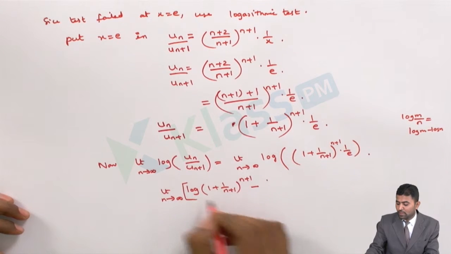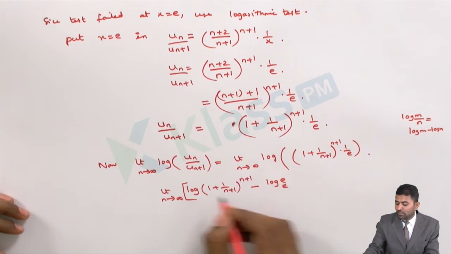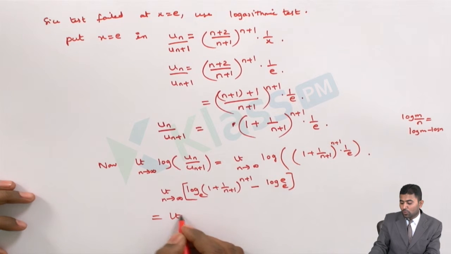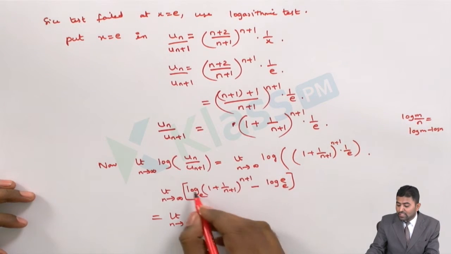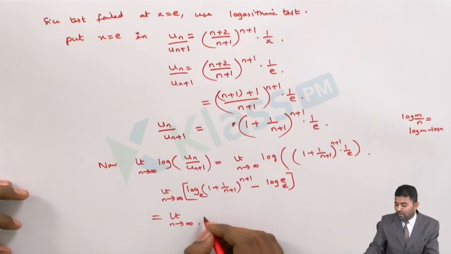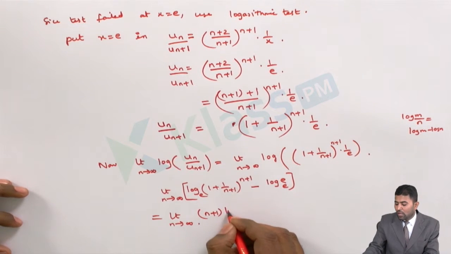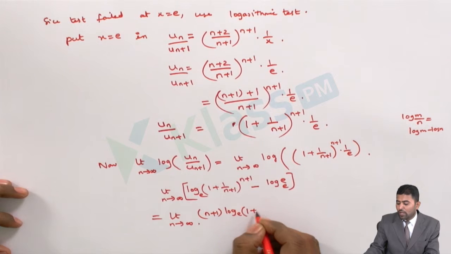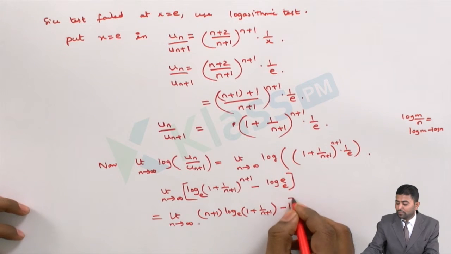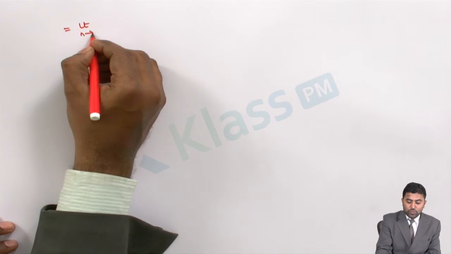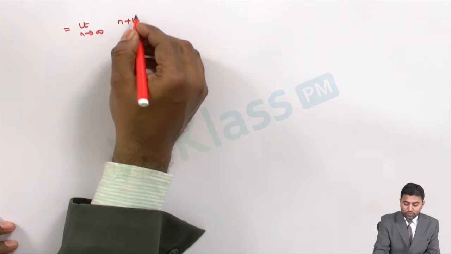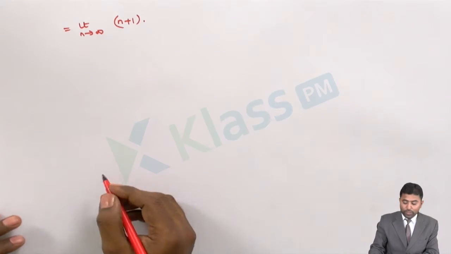minus log e base e. So this is equal to limit n tends to infinity, then this n plus 1 comes in front, so n plus 1 log to the base e of 1 plus 1 by n plus 1, minus 1. Then this is equal to limit n tends to infinity n plus 1 into,